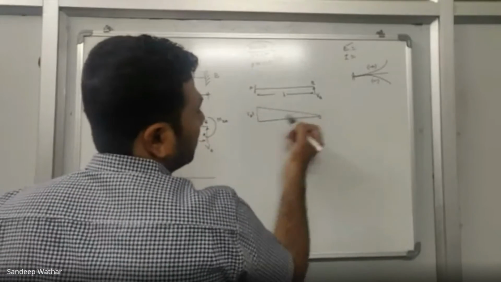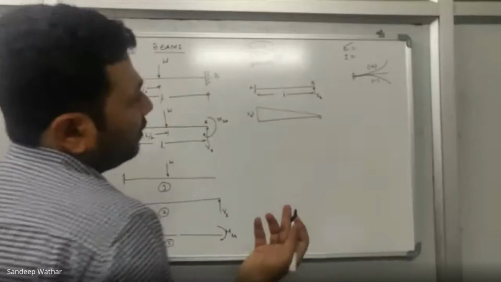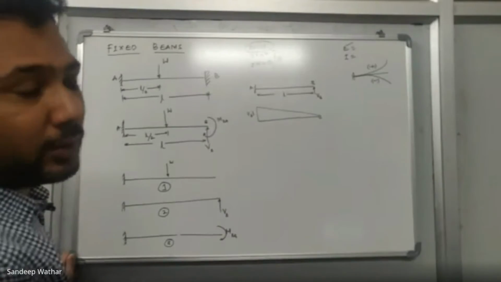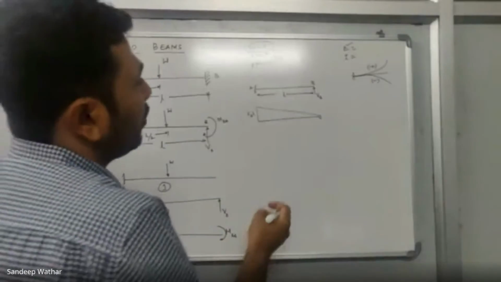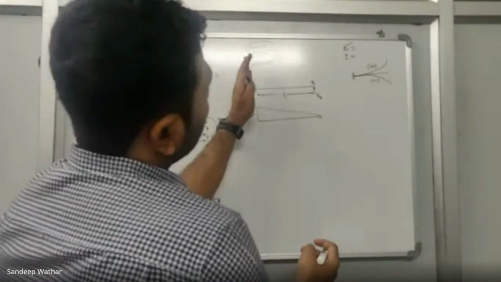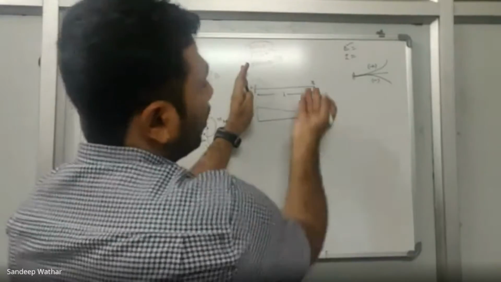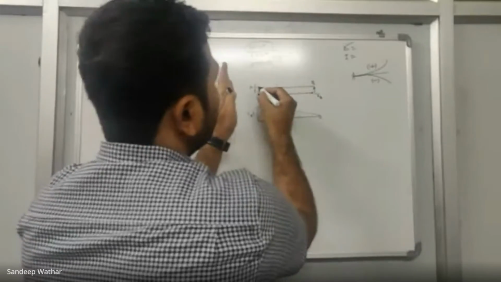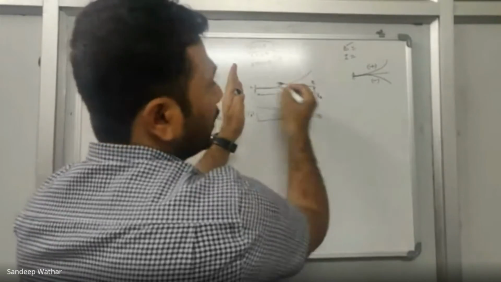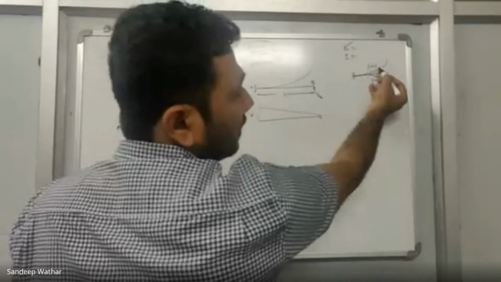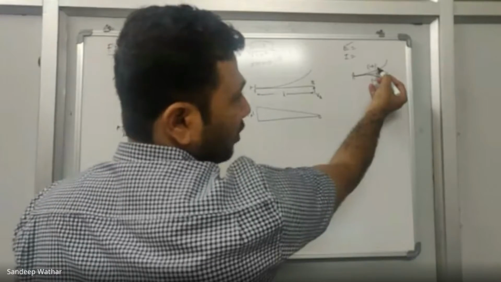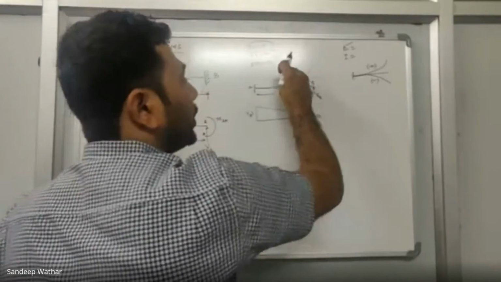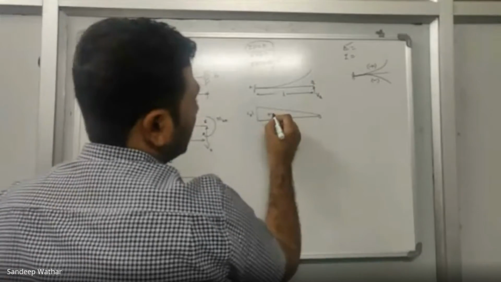Okay, and this will be triangular. Now, tell me whether this bending moment diagram is positive or negative. To understand whether it is positive or negative, you try to understand whether this beam will sag because of the load applied. For example, if this is a cantilever and I am applying a load like this, how will it bend? It will bend in this direction. So if it bends in this direction, what is the sign symbol we have? Positive. It means this vertical load will create positive bending moment. So that's why I'll write it as positive.